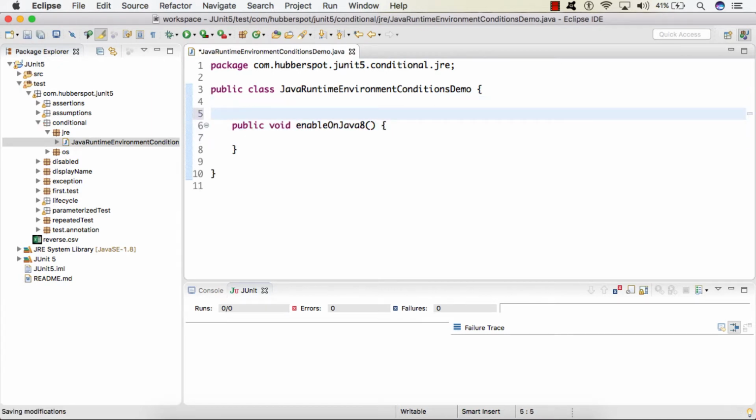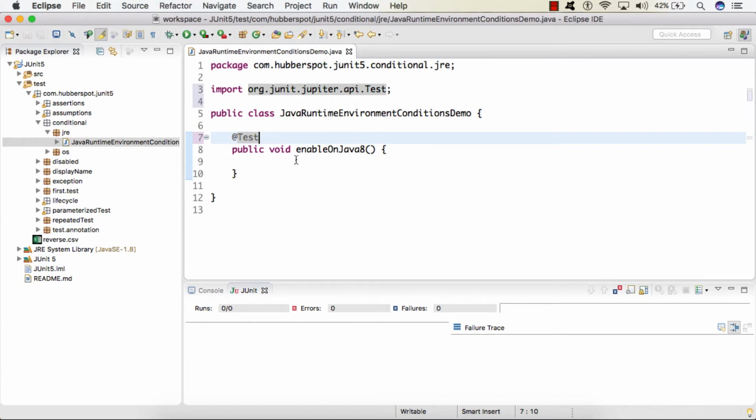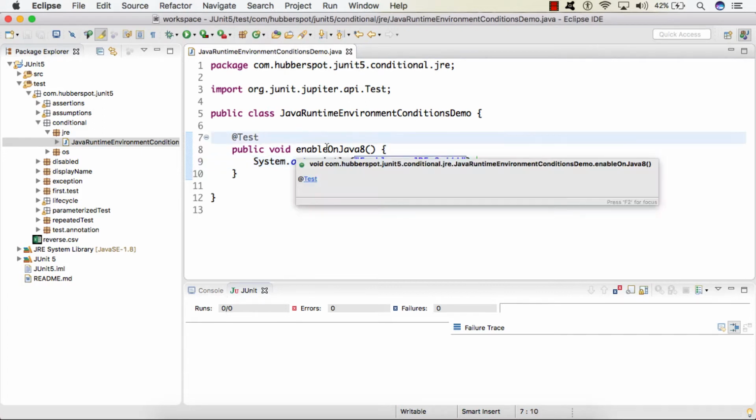and on this method I will provide the annotation @Test, and inside this method I will provide a sysout. Let's say I give the value as "enable on JRE 8".